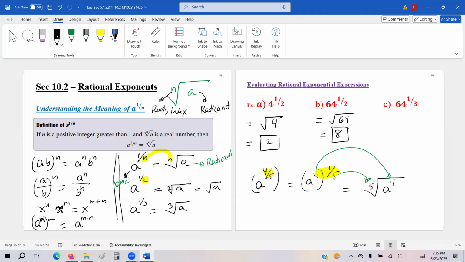Now, 64 to the 1/3 is cube root of 64. It means you are going to find the same number. How many times do you have to multiply to get 64? 3 times. Good. So can you think of a number that, if you multiply it 3 times, will turn into 64? 4. So instead of writing cube root of 64, you can rewrite 64 itself as 4 to the 3 power. Why did we do that?